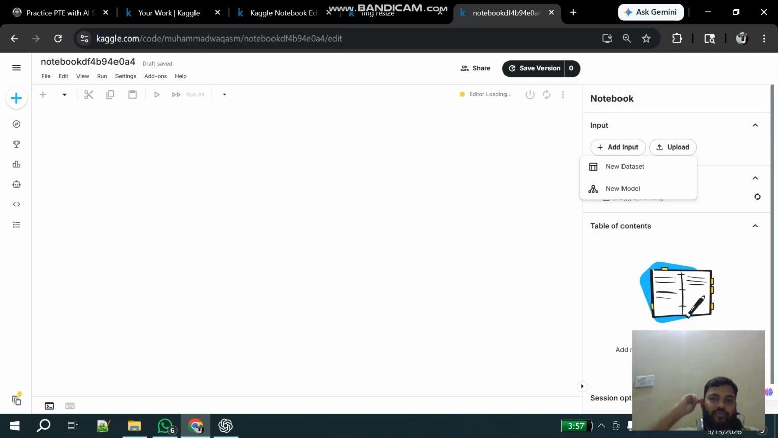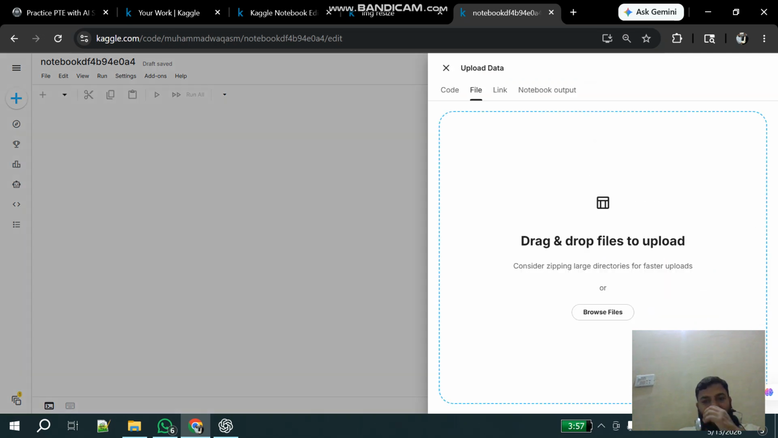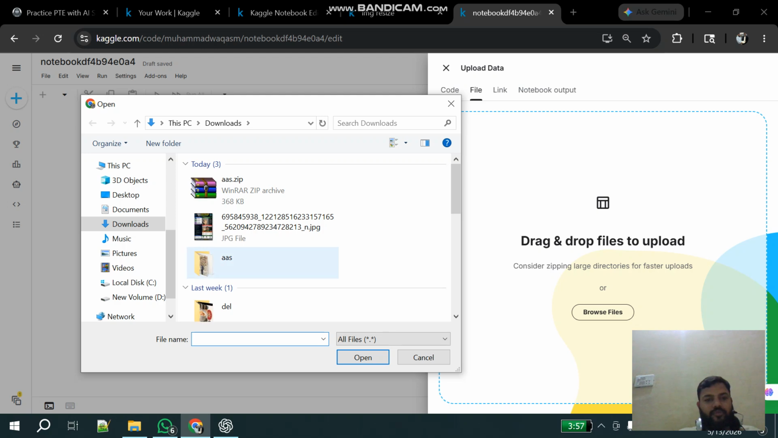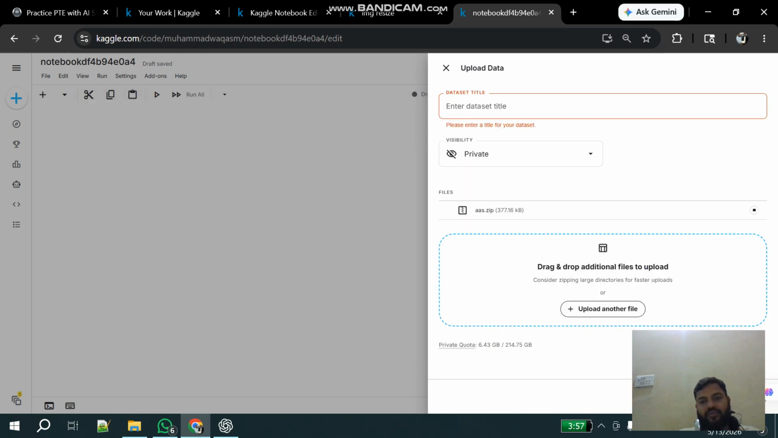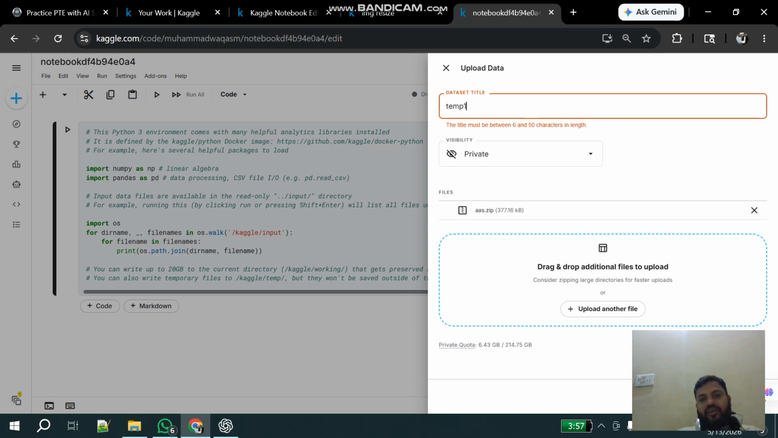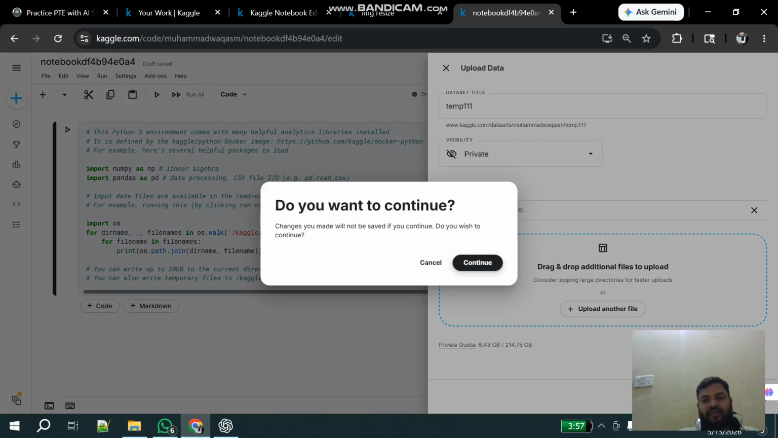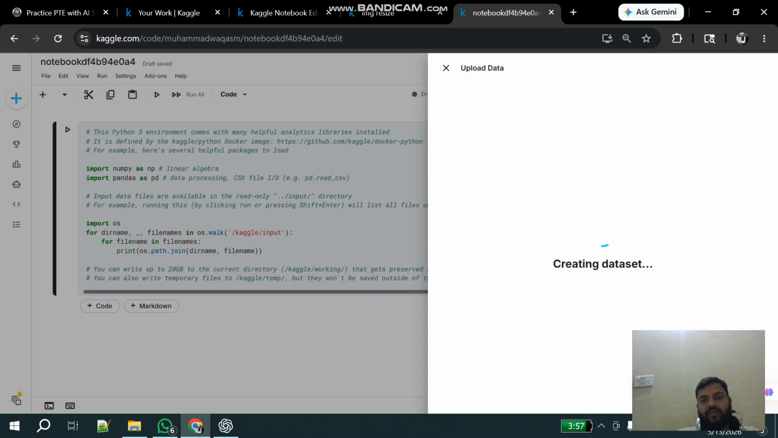for upload you have to create a new dataset, and you have to browse a file from your browser like this one, and you have to name it anything. Like in this case I am using this name temporary 111 and make it private. You have to create this folder, and this is your notebook, and this is your